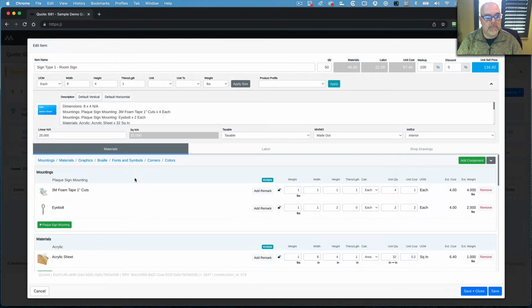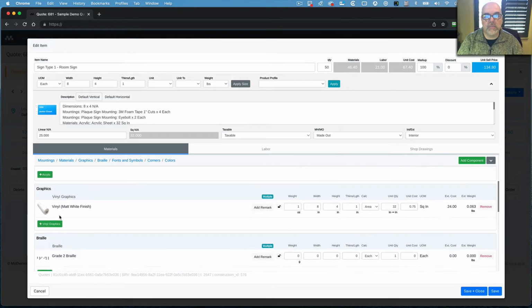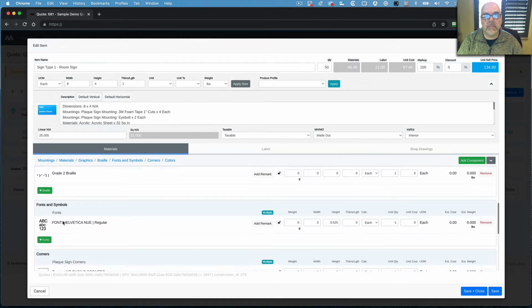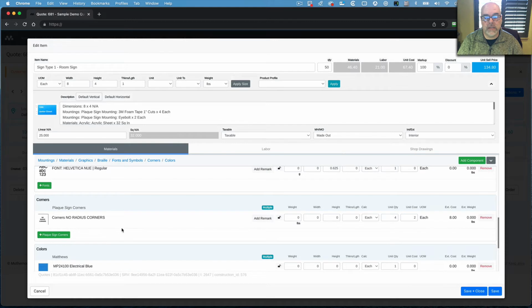they look like. And then of course over here you can see the different products that you have, or the components that you have that go into making up this particular product, okay? So all the way down to the font being used, the corners that are being used. If there's any costs that go along with these, they appear over here and you can make these adjustments along